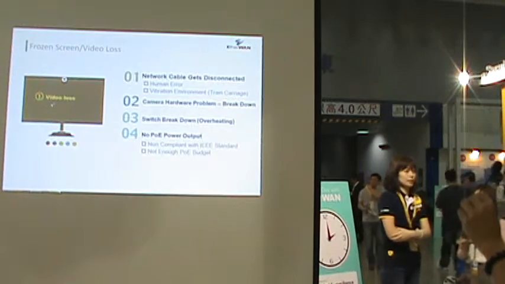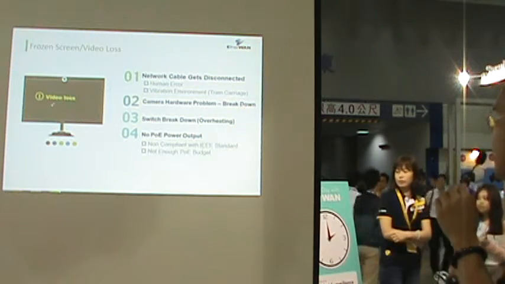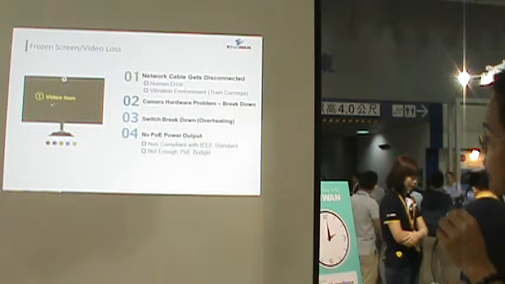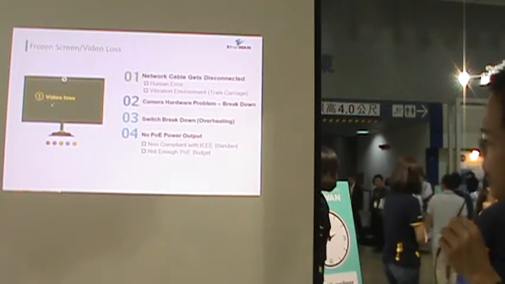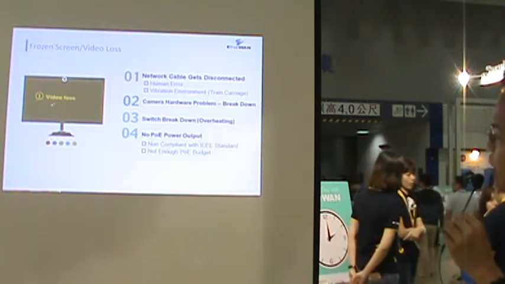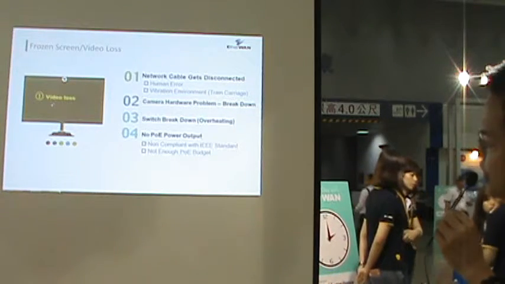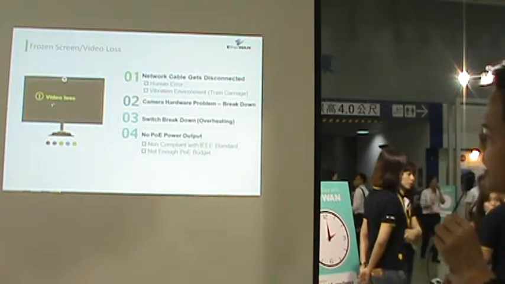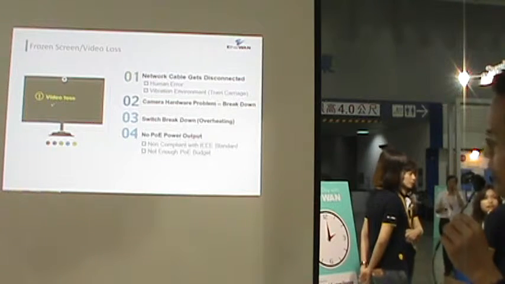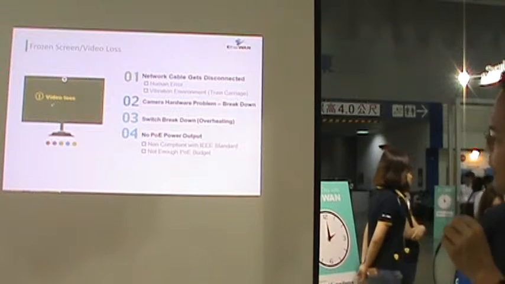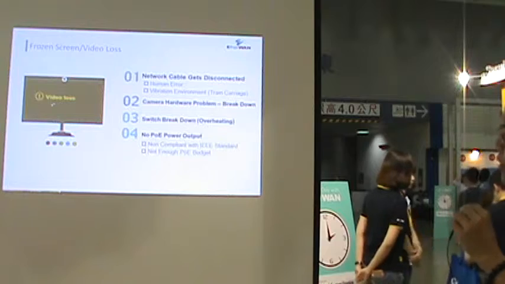If it's a camera hardware issue, well, there's nothing more we can do about it. We have to send it away for RMA. Switch breakdown this time can be avoided. We can try to place the switch in a cooler place and see whether the overheating issue can be solved. As for non-PoE power output, normally